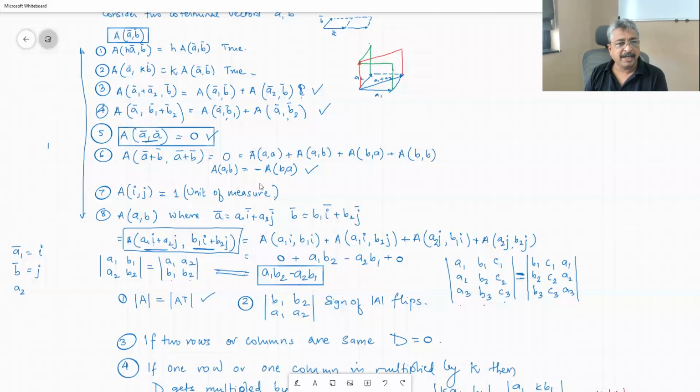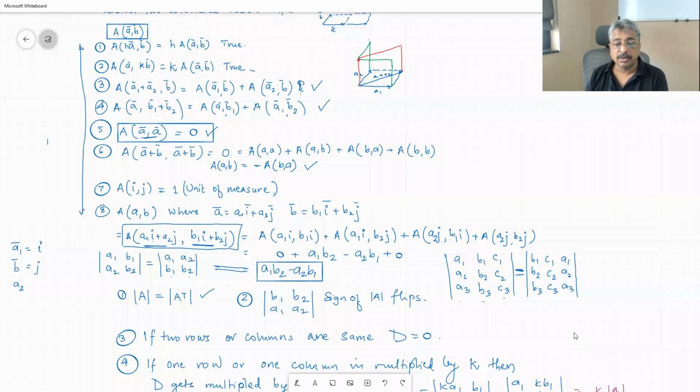So these are the first 8 things that we have decided or understood while setting up the meaning of determinant. They need to be cross-checked if you are really trying to find out the value of a determinant. Okay, so this is the theory of determinants. Now there will be many tricks by which we will be able to evaluate determinants, and those tricks can be learned only by taking examples.